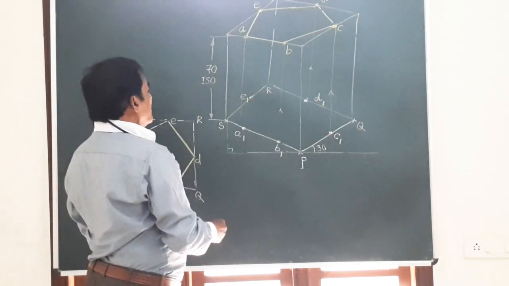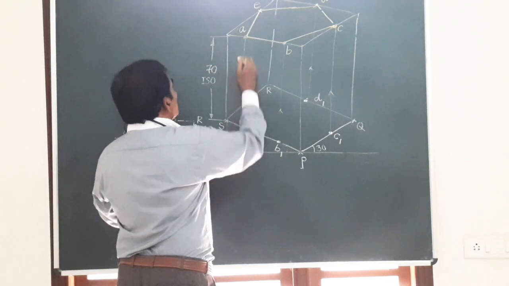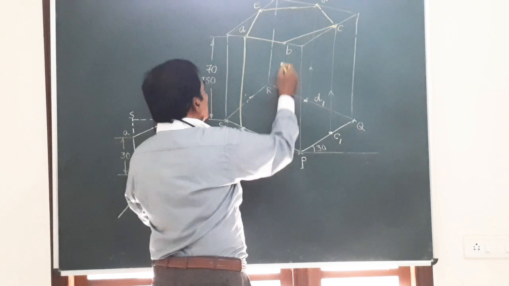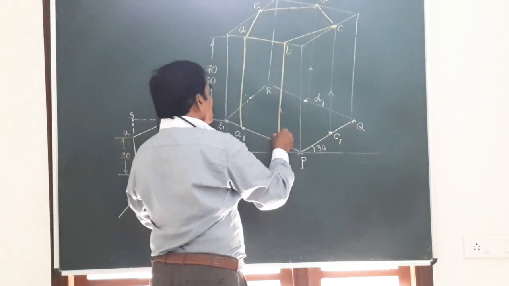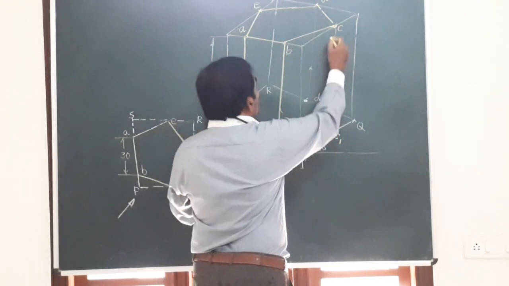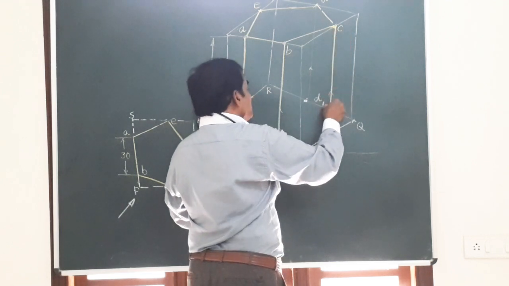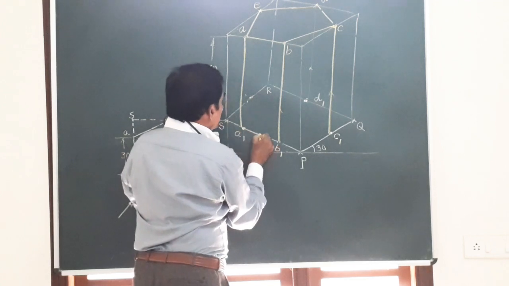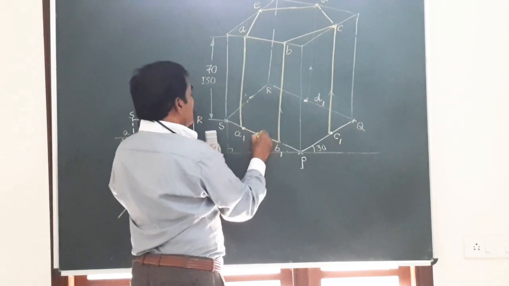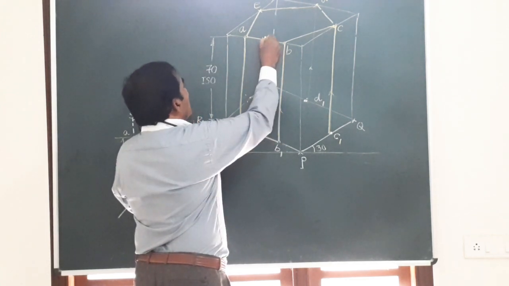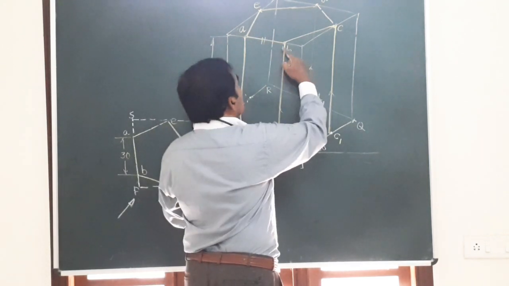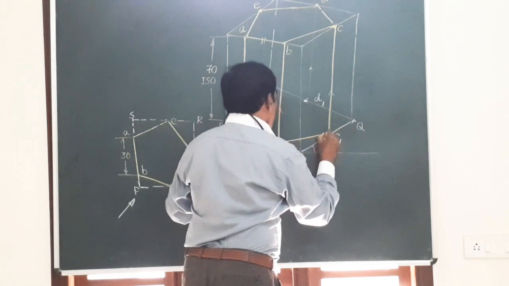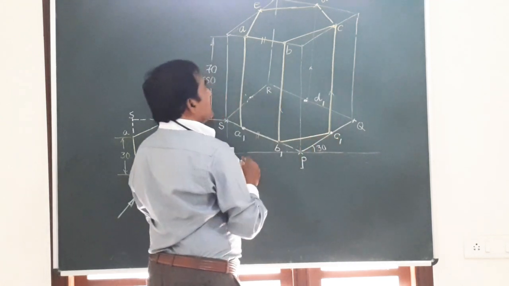So the vertical edges are visible. Which are the vertical edges? Suppose you draw a vertical line from here, this is one of the vertical edges visible. Vertical edge BB1 is also visible. So here vertical edge CC1 is visible. And when you are joining A to B, this is parallel to A1B1. So this is parallel to this. Both will have the same measurement. Similarly, B is joined to C, and B1 is to be joined to C1. So again I am going to show it by a dark line.